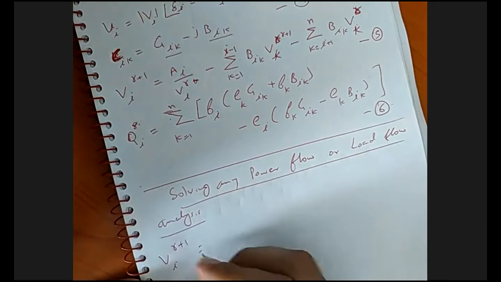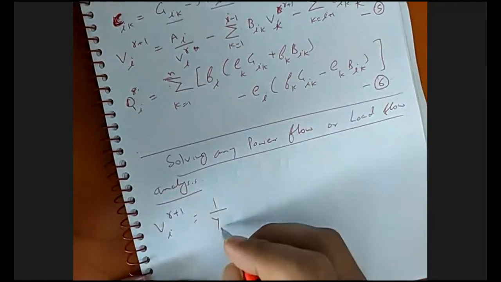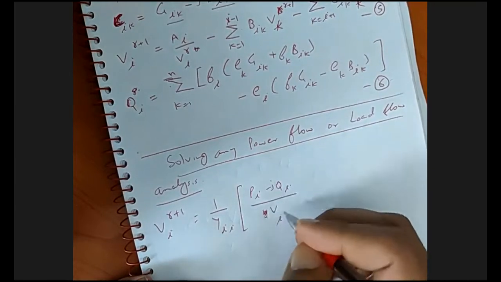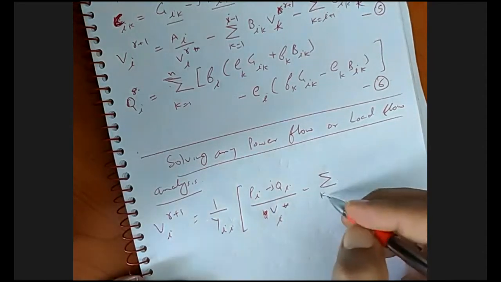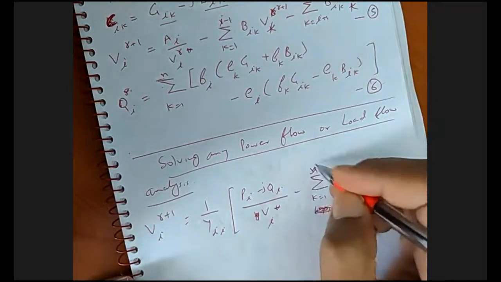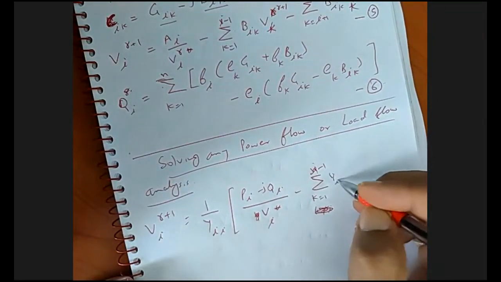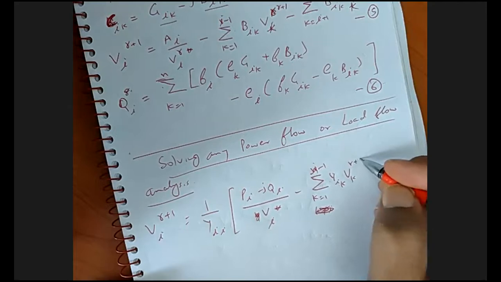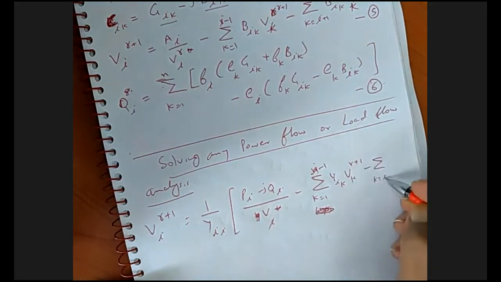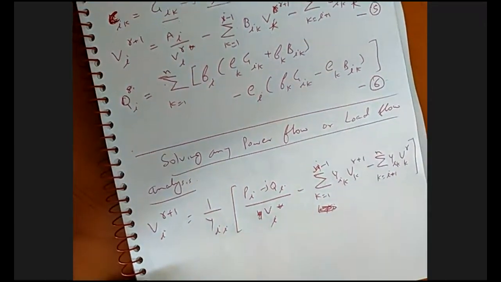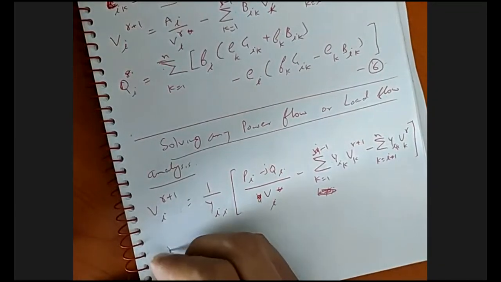If not, you can use Vi(r+1) equal to 1 upon Yii, times Pi minus jQi divided by Vi star, minus summation k equal to 1 to i minus 1 Yik Vk(r+1), minus summation k equal to i plus 1 to n Yik Vk(r), and Qi(r+1) equal to